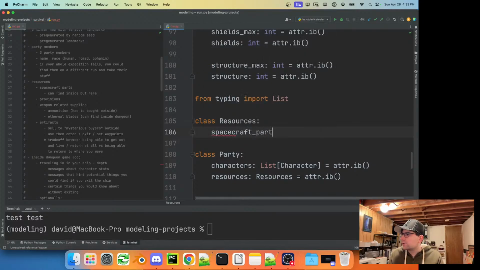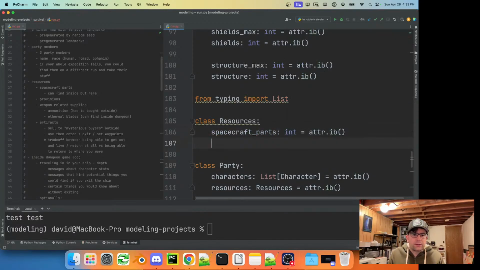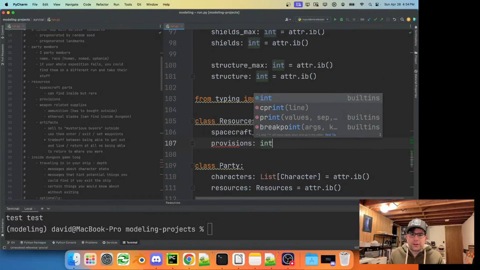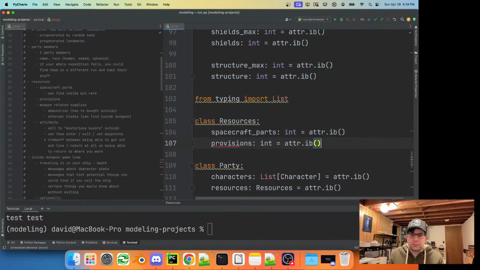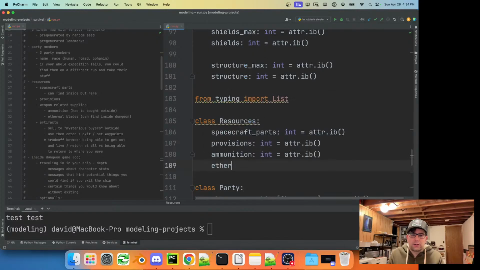Spacecraft, and I'm going to be just verbose with these for now. So we have spacecraft parts, provisions, ammunition, aerial blades.